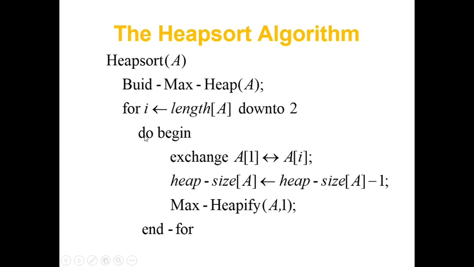And then finally we have this heap sort algorithm. So how this heap sort algorithm works, if you understood build max heap property and max heapify property, it will be easy for you to understand. So HeapSort(A): BuildMaxHeap(A), and then for i equal to A.length down to 2. So length is nothing but the actual length of the array. That means let's say 10 elements are there, then that is the length of A. Do begin, exchange A[1] with A[i]. Heap size will be decremented by 1 every time you exchange, and then finally you will call the max heapify.